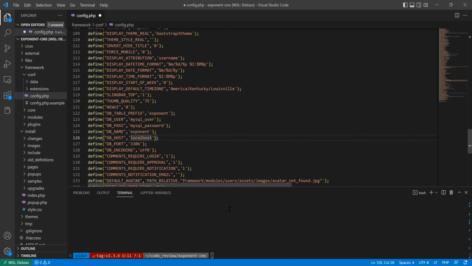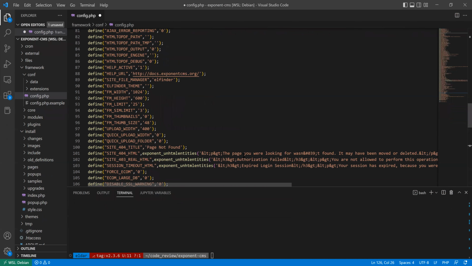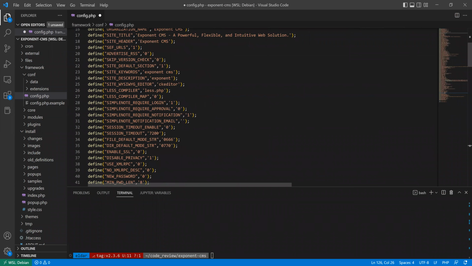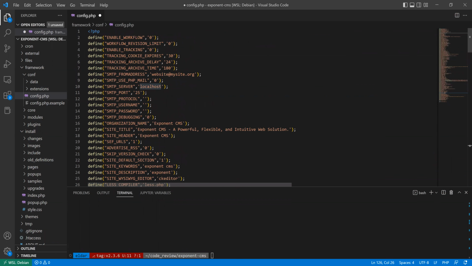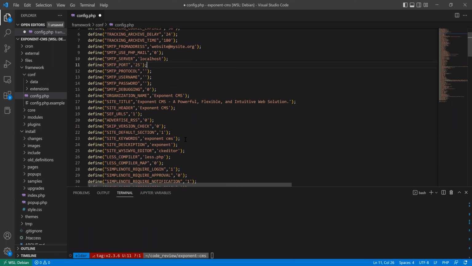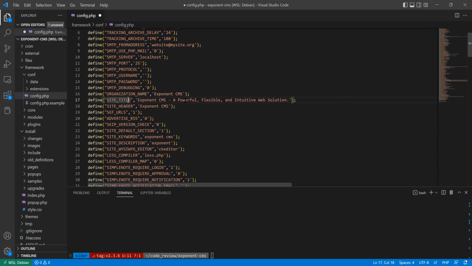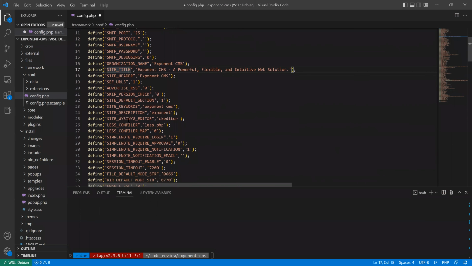And the second one I wanted to cover of these was sort of undetected now. There's a good chance you could do that with some of these simple ones like SMTP port, right? Chances are it is 25 or the SSL version. Or you can pick one that has a sort of a hard-coded name. I don't know if anyone would change the organization name or the CKEditor, etc. But we can also access it and see